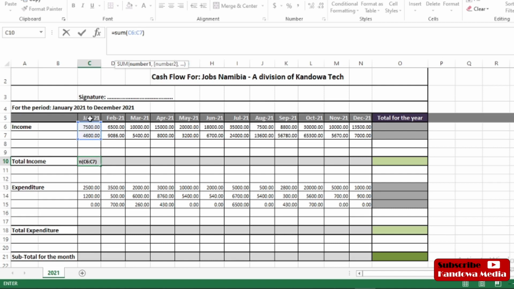right? Click on that, and then come into this corner and grab, and then just press enter. Once you press enter, you will see you got that right there. Perfect. Now if you click on this, you see you got this formula right there, this calculation, which is the sum of C6, which is this one, C6, down to C7. That's the sum,